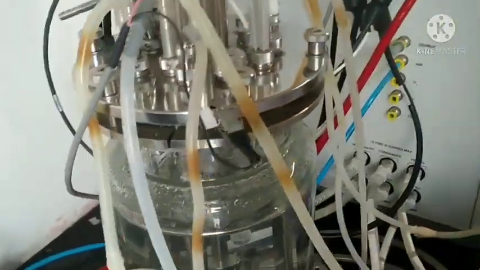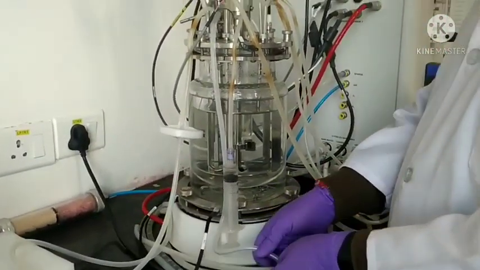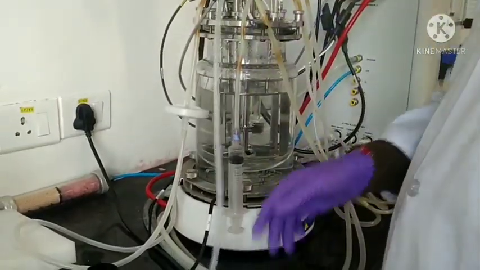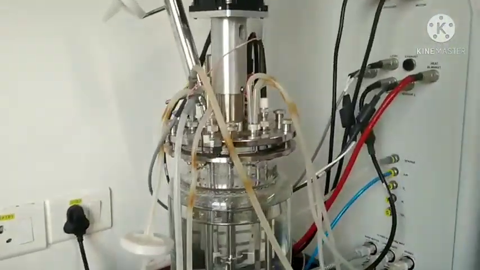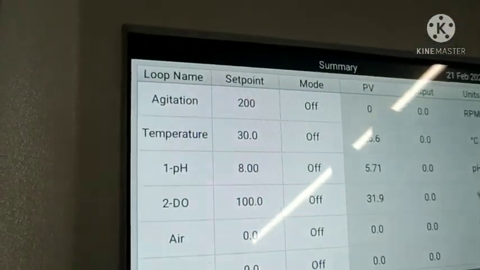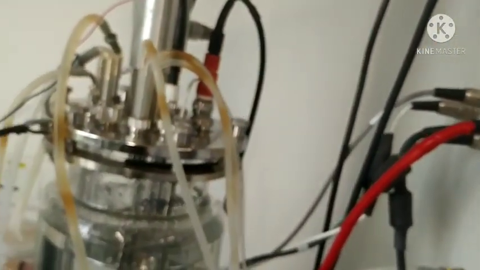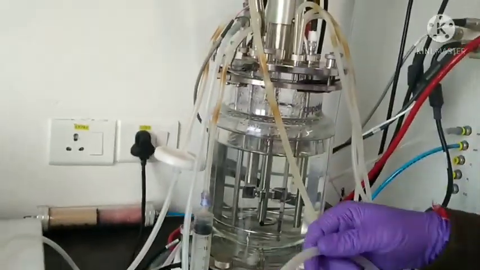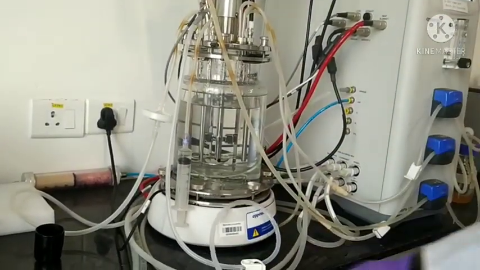Now after the inlet, there is a requirement for the outlet: how to harvest the medium after completion of this whole reaction or fermenter batch. When the batch is completed and you have switched off the agitation and everything, you now need to harvest it. For harvesting, there are 2 methods. One is generating a vacuum and the second is giving air pressure. When it is required to take it out directly, you can just take the syringe and press it. I will show you.